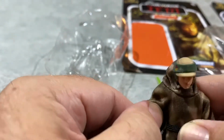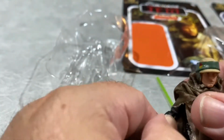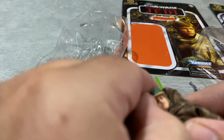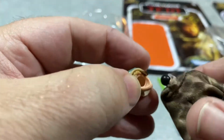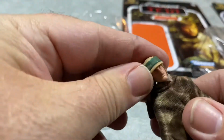It has a better deco to it, which is what we saw in that Leia Endor poncho previously too, that the poncho definitely looked a lot better. I've seen people online have pulled these helmets off, and it's just a head with a slot inside. There's no hair or anything. Oh, I just pulled the whole head off. You can see there's a little bit of hair right there just to give the effect, but it is, in fact,